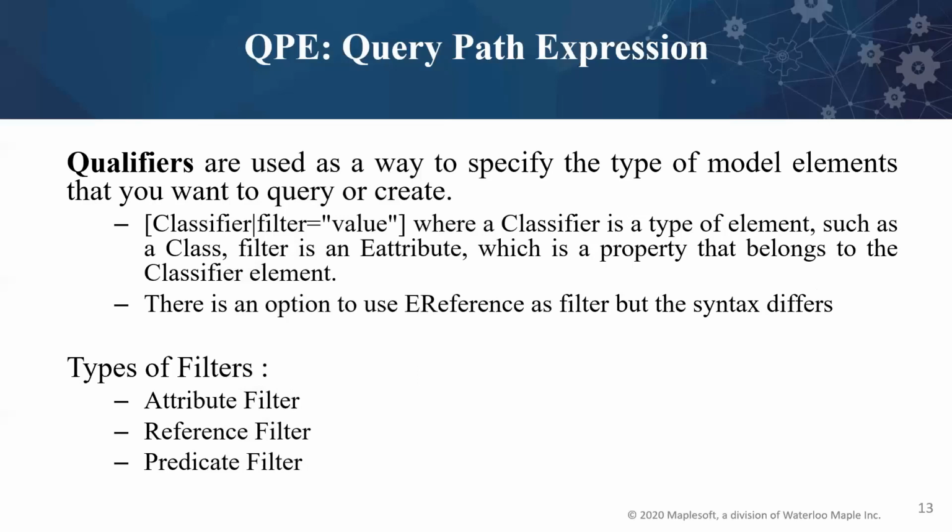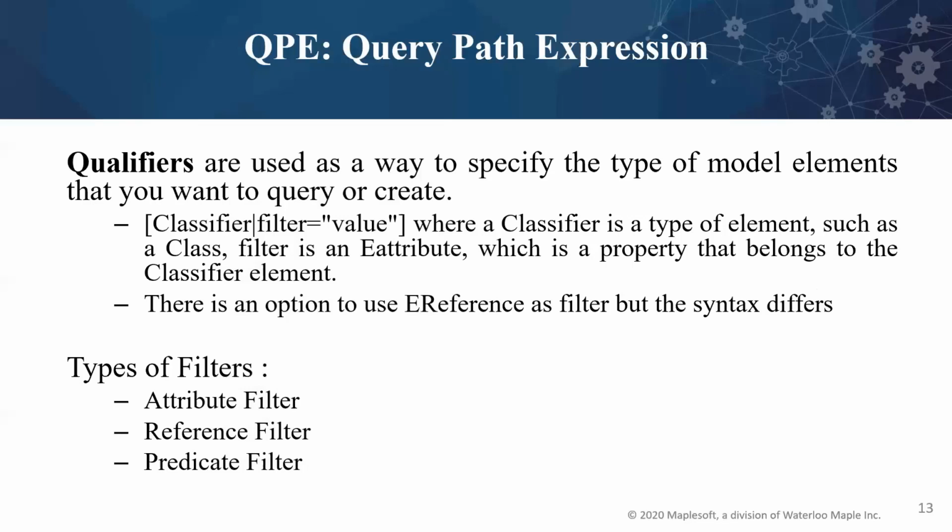Say a use case or a modeling practice that we follow in our organization is that I will have the requirements, and if a requirement has been met, it's going to have a tag value, and the tag value should be accepted. That's a modeling practice in an organization. I can use the predicate filter to query the whole model for all the requirements which have a tag value that is not equal to accepted. These kinds of conditions I can create using the predicate filter and apply on the classifier level.